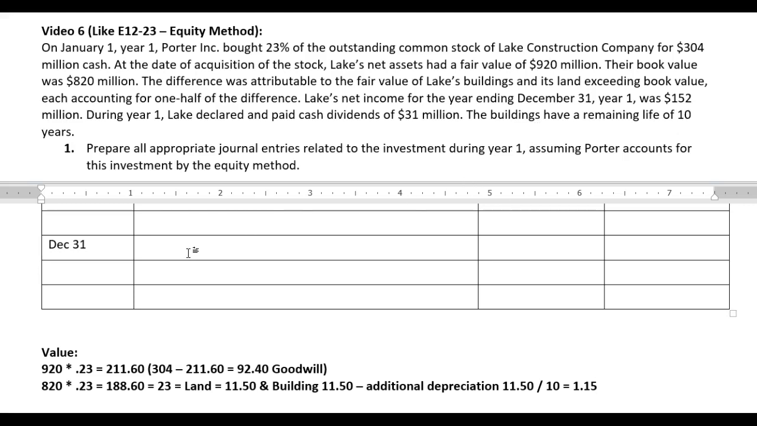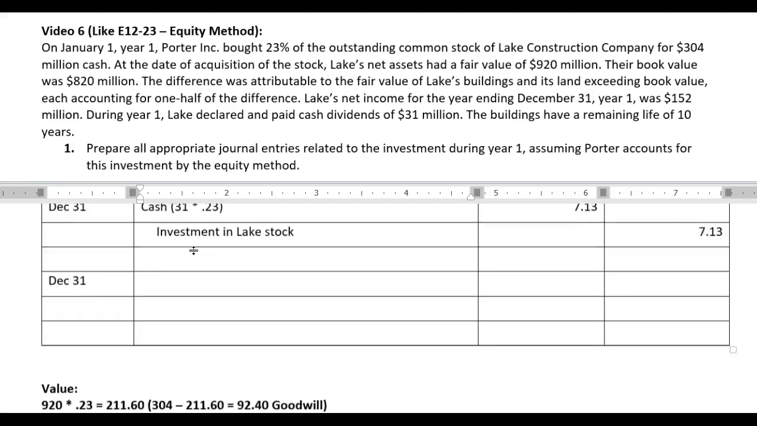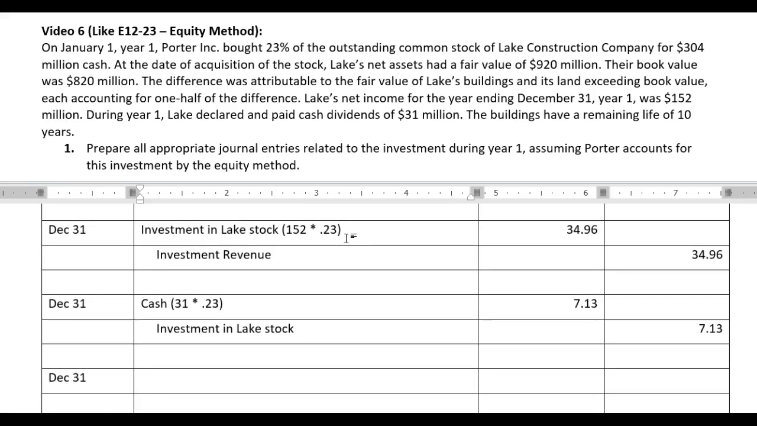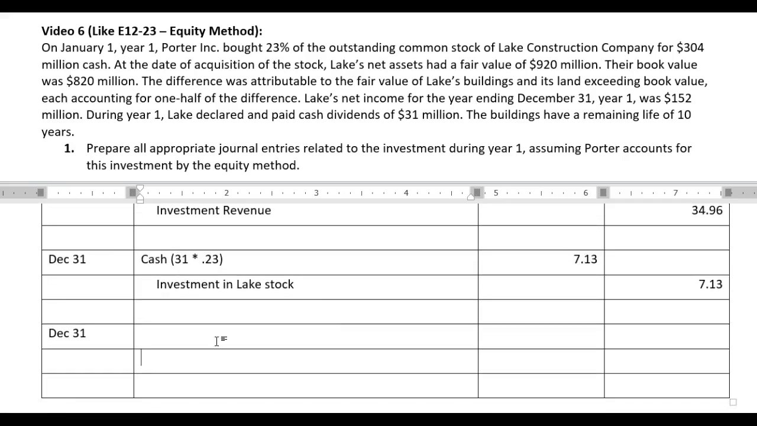So we have to record that additional depreciation. And what we do in that case is their income would be less. So remember, we recognize 23% of 152. That 152 was too high because it was excluding depreciation. So we need to go in and basically remove that portion of depreciation from that revenue that we recorded prior. And then we're going to hit the investment in Lake stock,